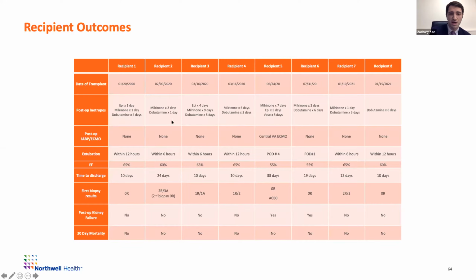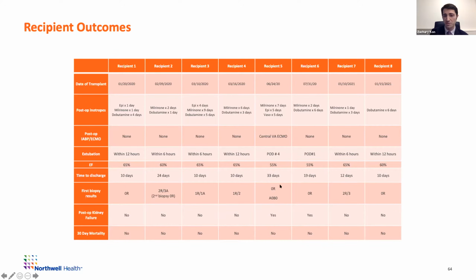For our recipients, everyone did exceptionally well. Even this one patient that did utilize VA ECMO, that was not for cardiac support. Biventricular function was phenomenal coming off, and actually we were on pretty minimal inotropes, but the patient developed pretty rapid PGD of the lungs. So I elected to leave the patient on central VA ECMO to decompress them and allow them to recover over the subsequent 2 to 3 days, after which we decannulated the patient with normal biventricular function and pulmonary function.